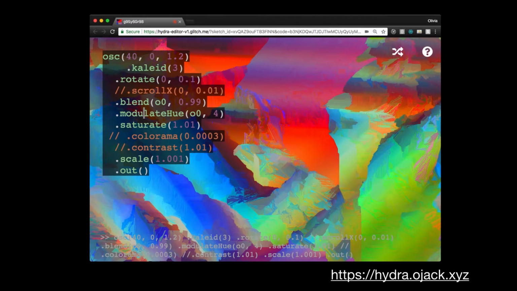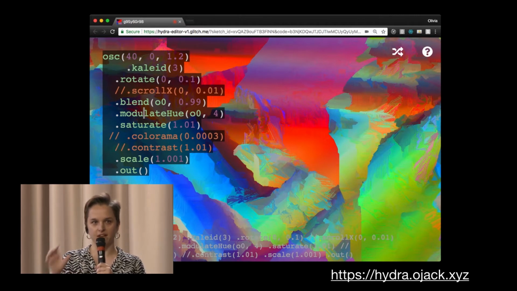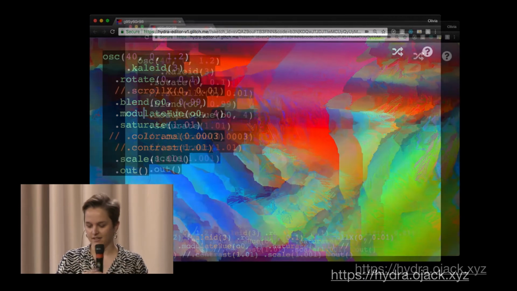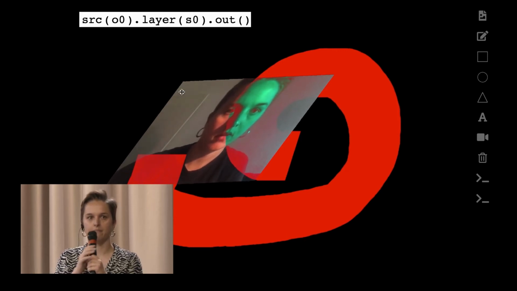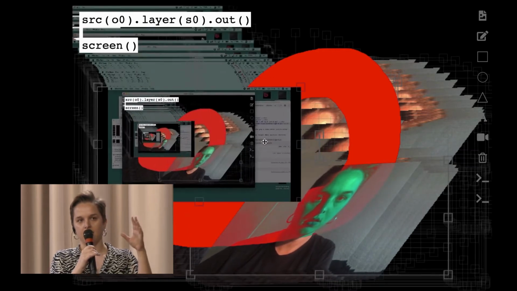It's inspired by analog modular synthesis, so it's really focused on using and mixing multiple sources and outputs live. The code that you write live affects these visuals that appear on the screen. And in Hydra, any camera or any screen can be used as an input.